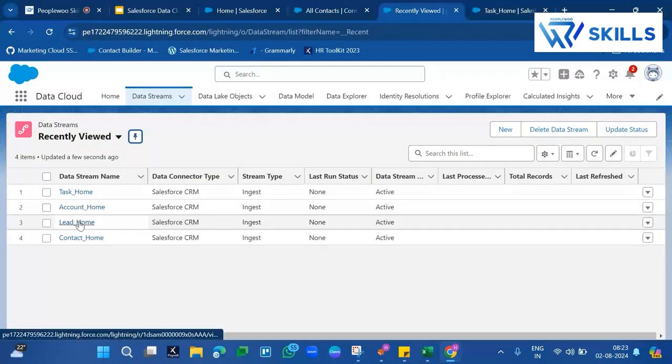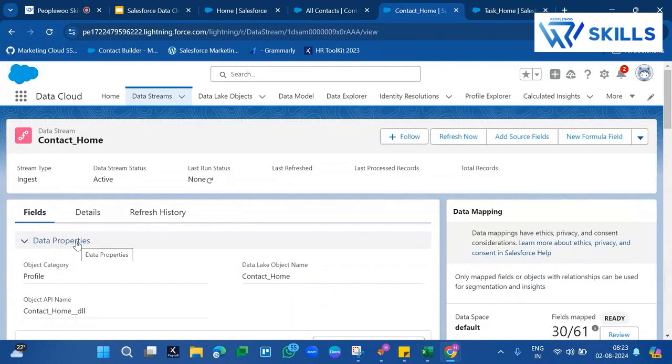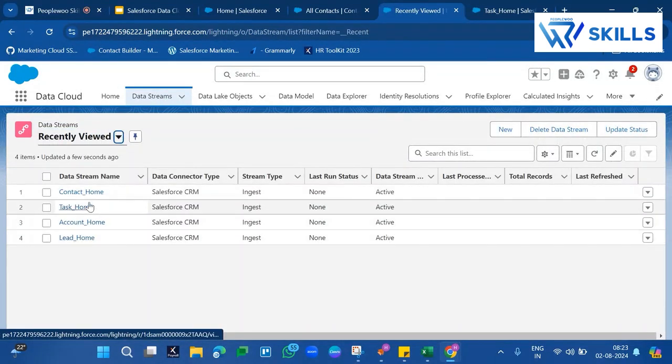We have account, lead, contact. Now these data streams are connections only. These are connections to data source objects. You see that the total records this stream brought is 0, or there are no records brought, because the data streams we have connected just establish a connection with the data source object. In this we have DSO as the contact object from SFDC. Similarly, we have data streams for leads, accounts,